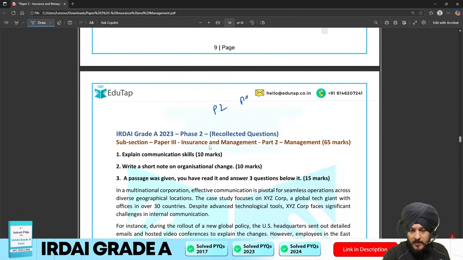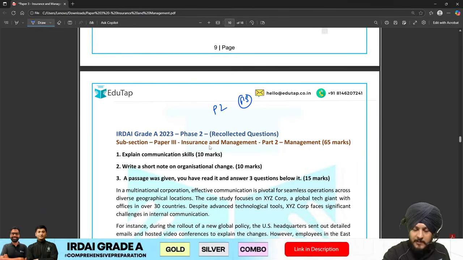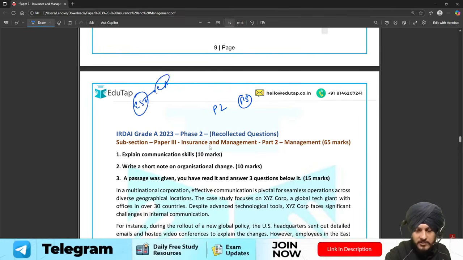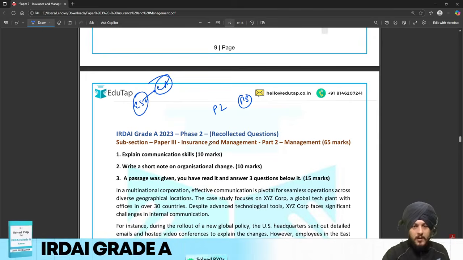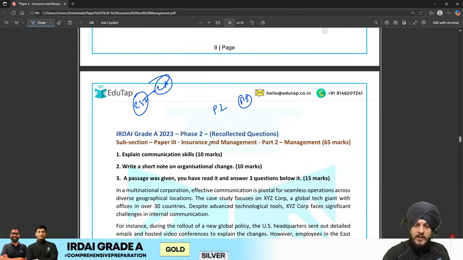Paper 2 and paper 3. One is ESI impacting insurance and the second is insurance management. Let me tell you that in case of ESI impacting insurance, you can get current affairs questions in the examination, and they can ask questions with respect to schemes. They have asked questions regarding different types of current affairs that are there in the insurance sector. They can ask you questions from the IRDAI annual report.